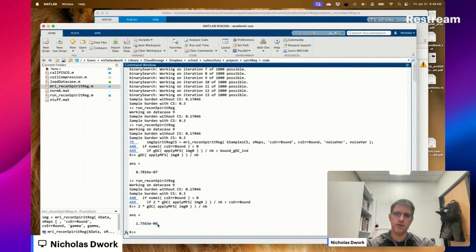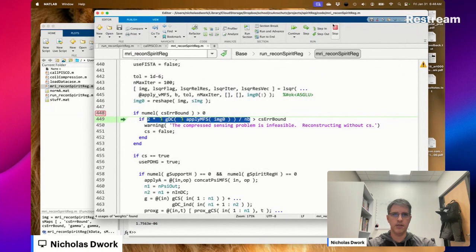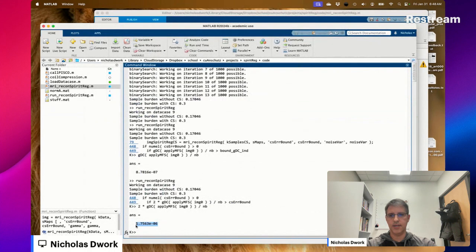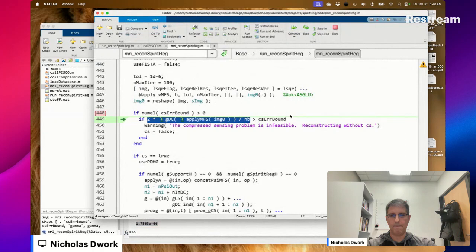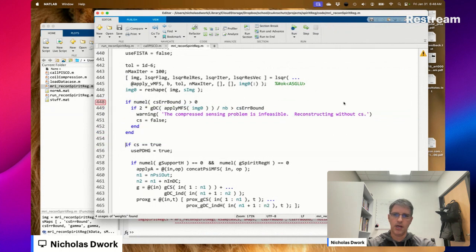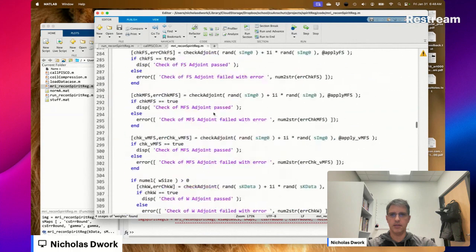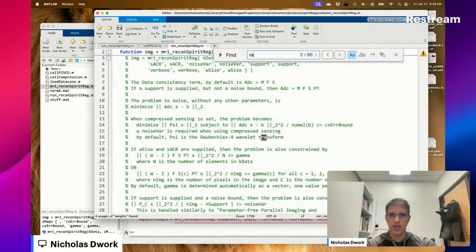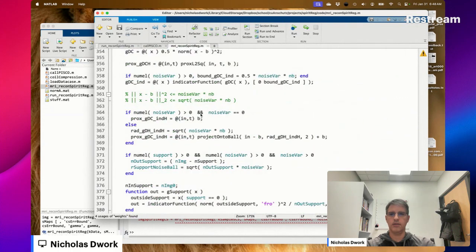That is on the order of the noise. What on earth is going on? Oh, because that's variance, not standard deviation. I don't think this is going to be good. But we'll verify. Okay.